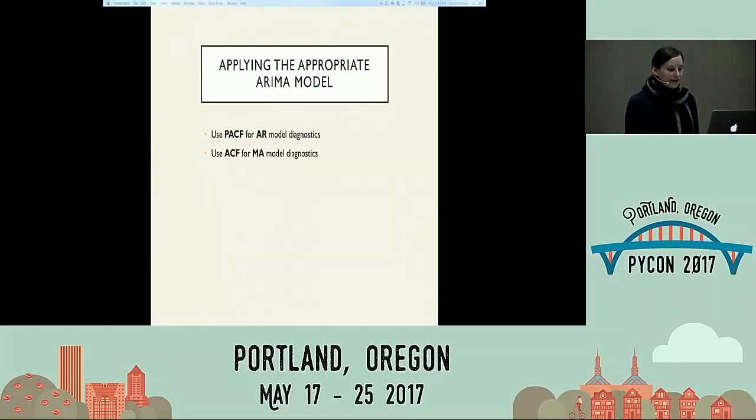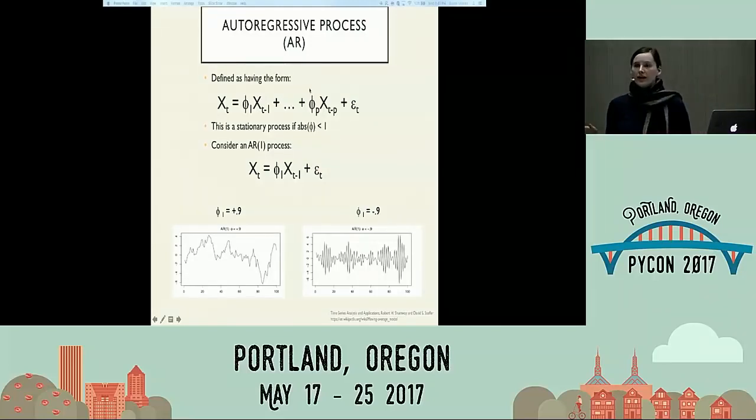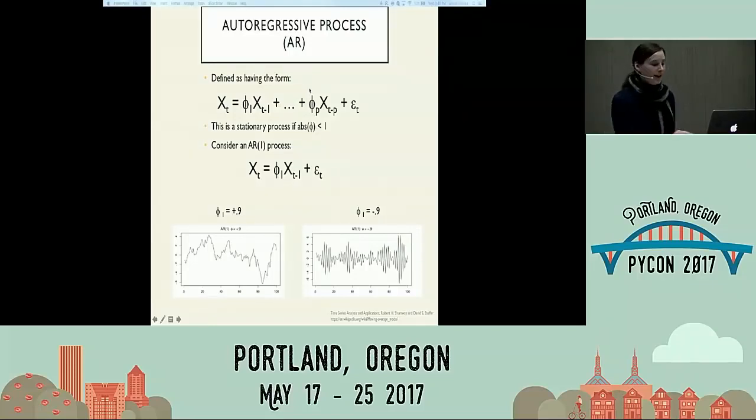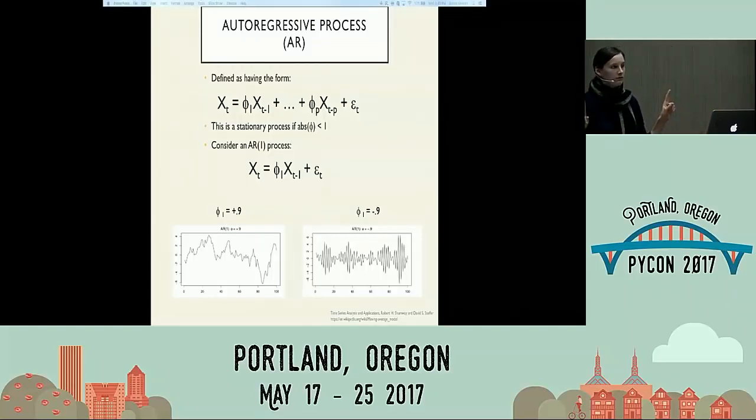The part that I find easiest to understand is using the partial autocorrelation for the autoregressive. So let's think about that for a second. This is our autoregressive process. Let's say instead of the partial, I just use the full autocorrelation function. And I have an AR1 process. Well, my lag of 1 will have a high autocorrelation, obviously, right? Because my time t value directly depends on my t minus 1 value. But what about my autocorrelation with lag 2? Is that going to be 0, as I would like, because then it's clear cut? Well, think about it.